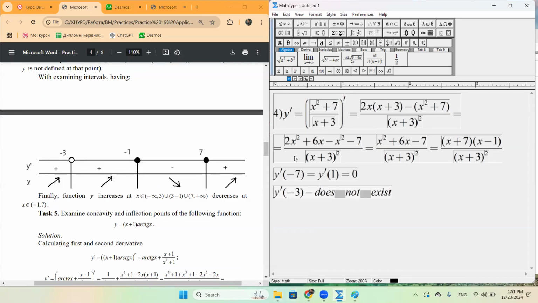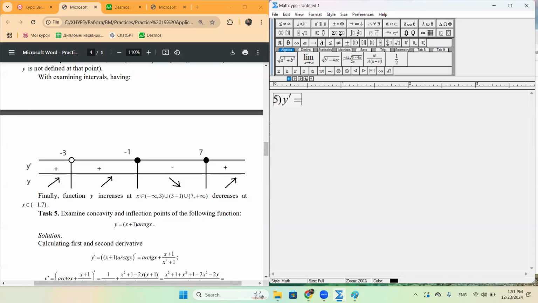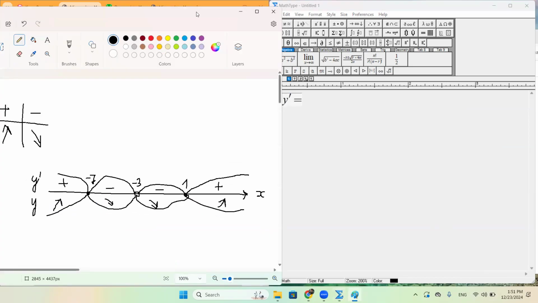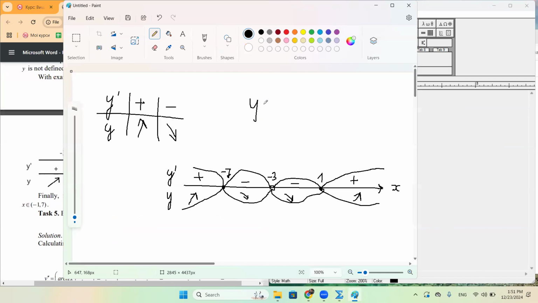And now we need to examine concavity and inflection points of the following function. So this function is x plus 1 multiplied by arctangent of x. So let me remind you that a function is concave upwards or downwards when